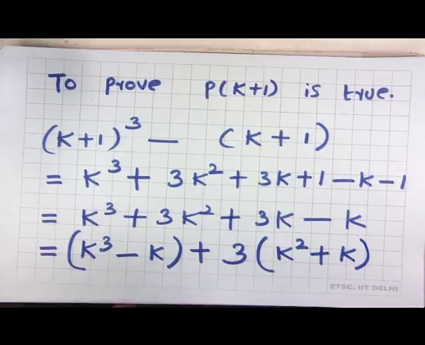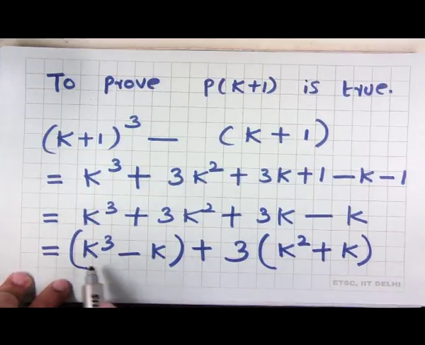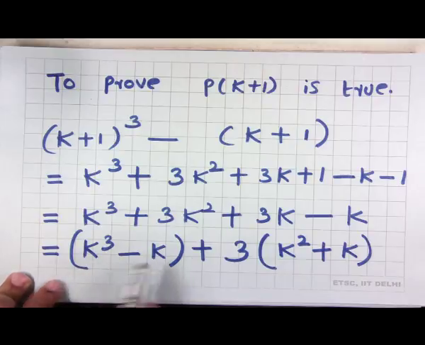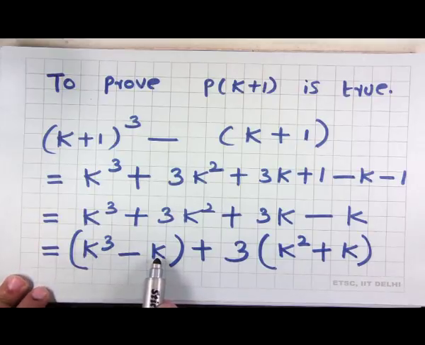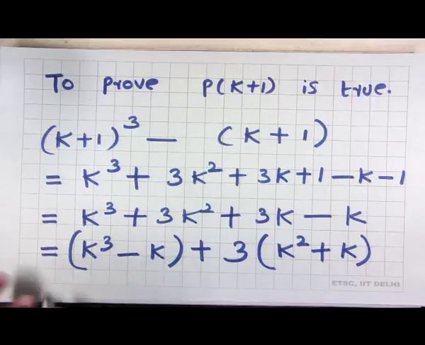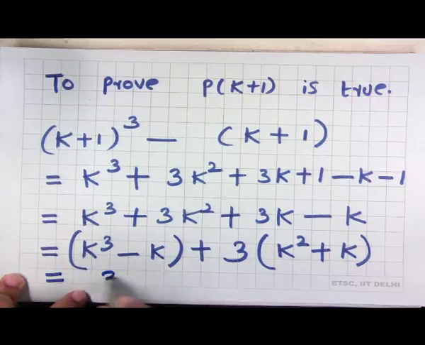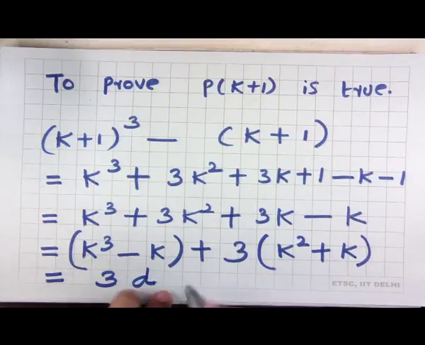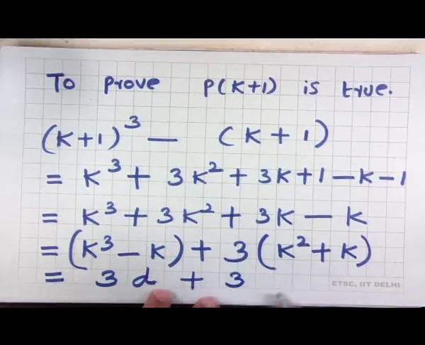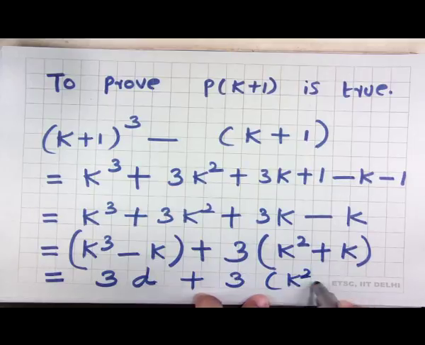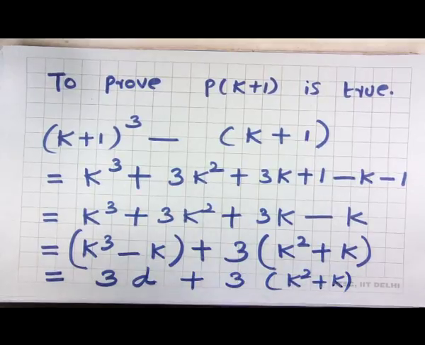In fact, we can take a k also outside, but let me not do it. Now, the expression in the first bracket, k cube minus k, is a multiple of 3 by inductive hypothesis. So, this is 3 times some d plus 3 times some natural number. This right hand side expression is again 3 times a natural number, say d plus k square plus k,